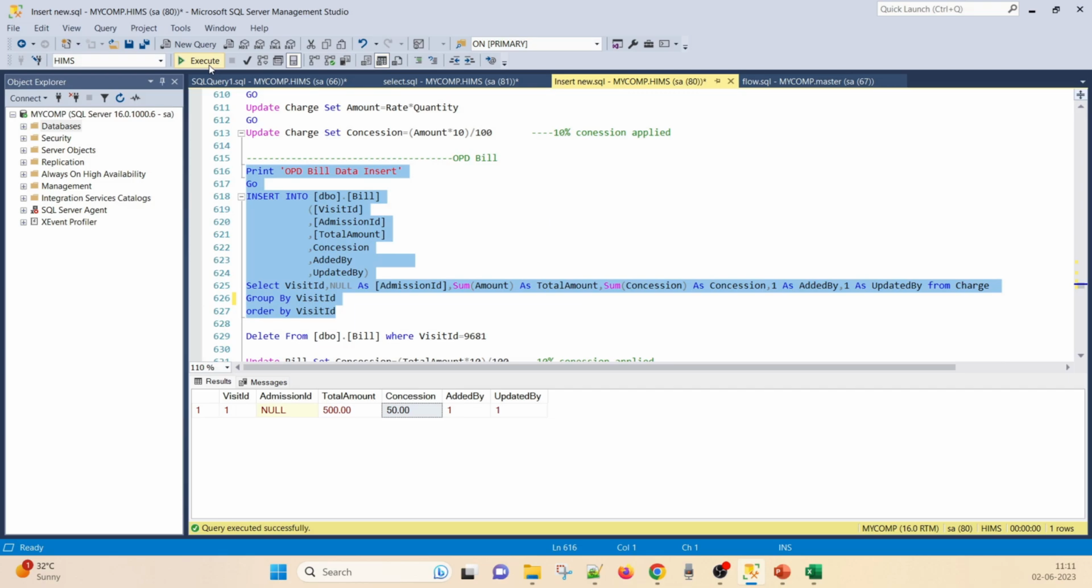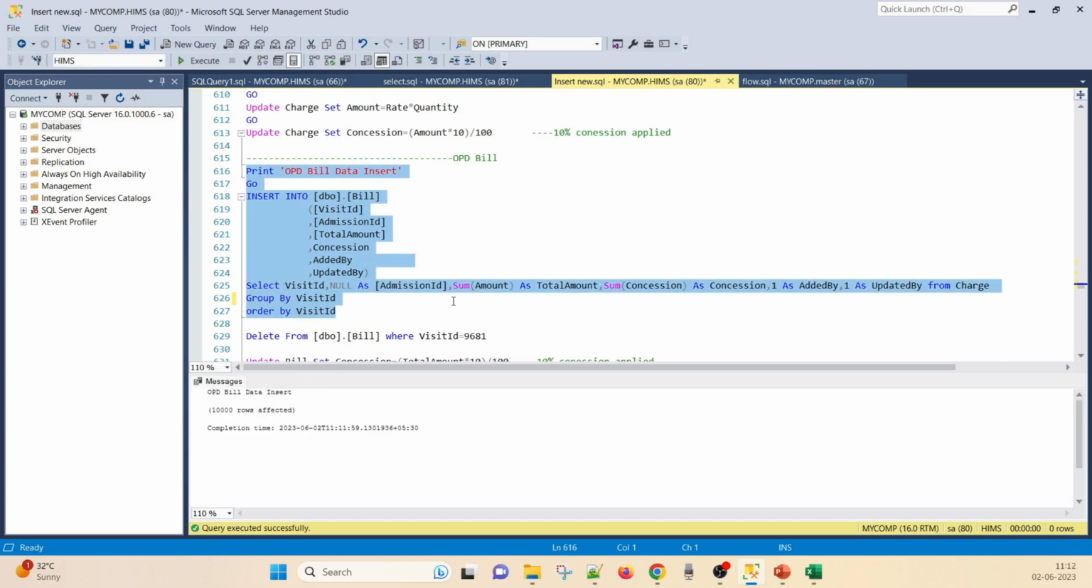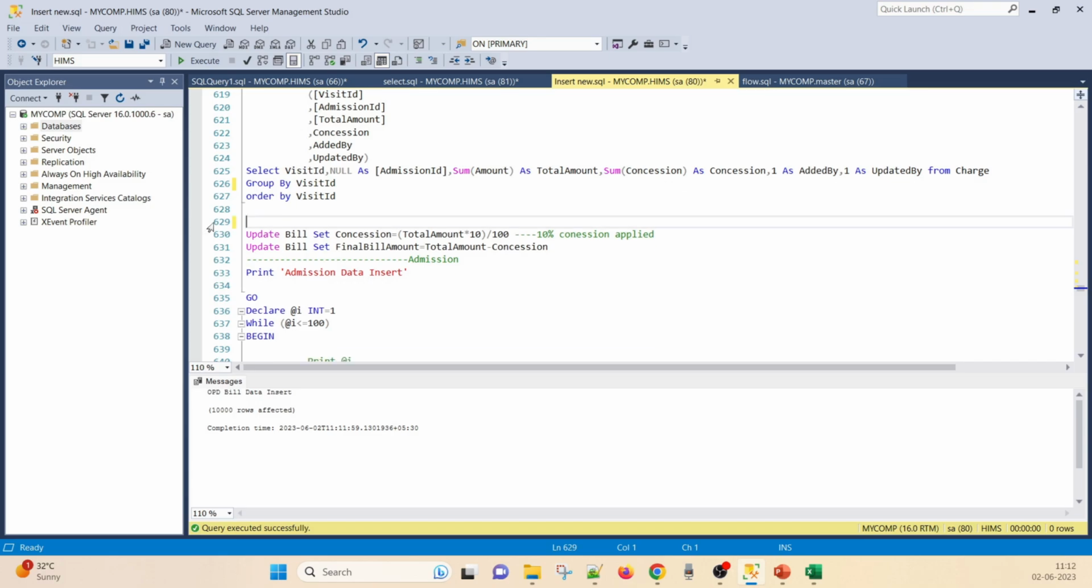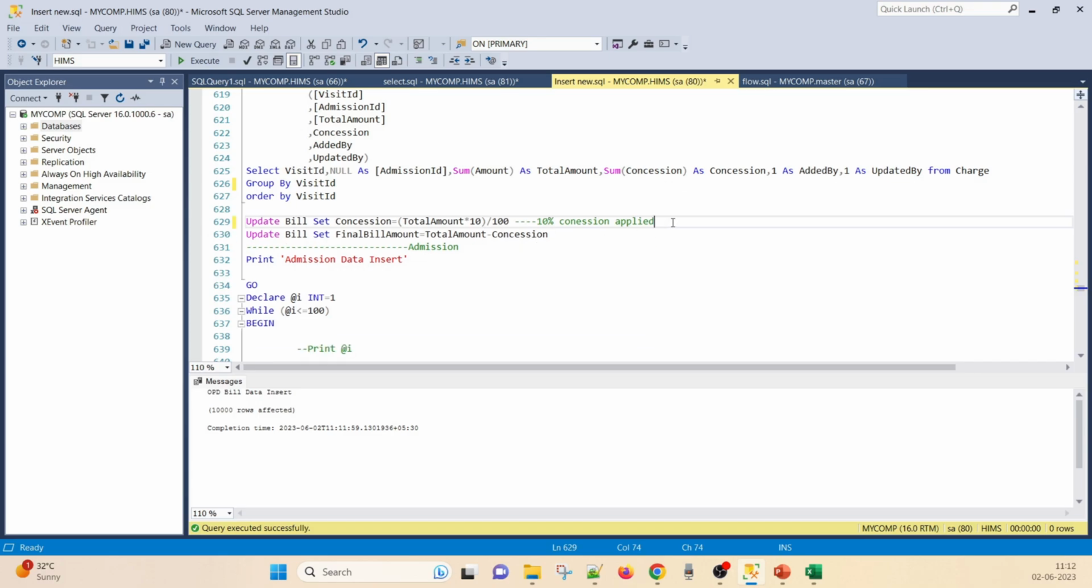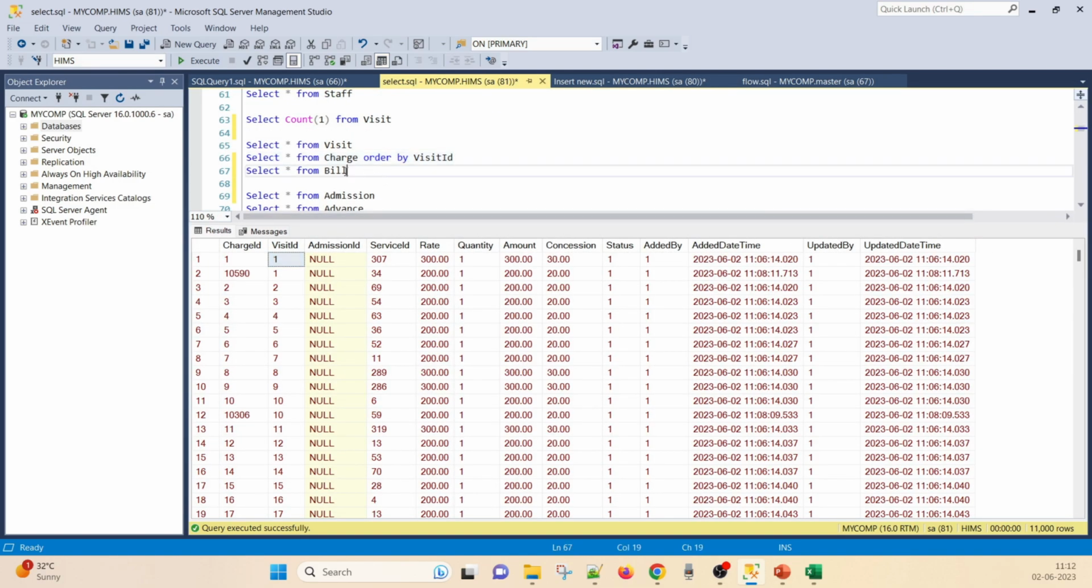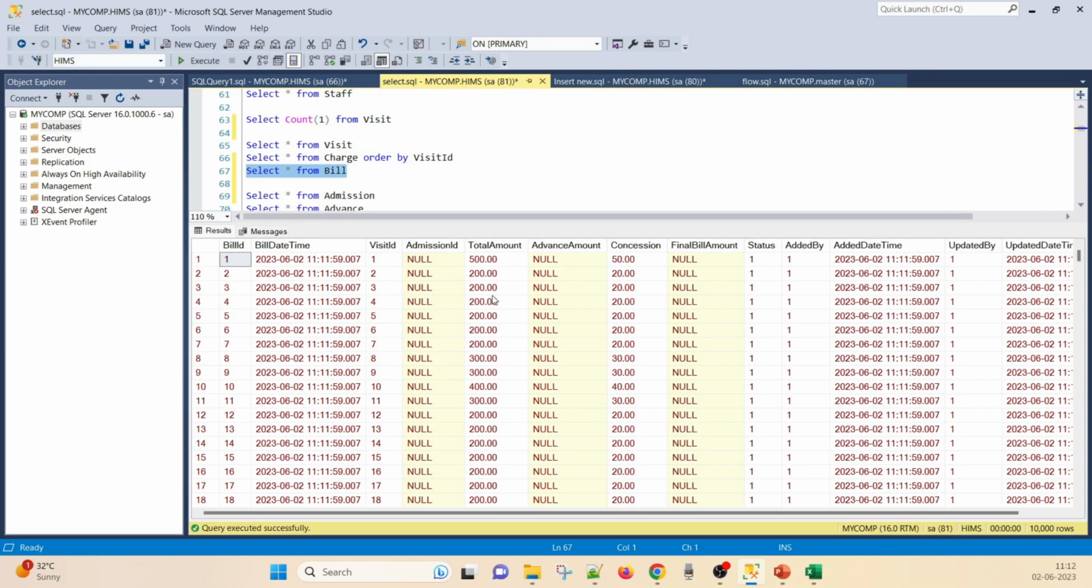I'm inserting this data. Yeah, 10k records are inserted. Actually, there was no need to, I just did it for my checking purpose. And yeah, let's say the bill table. In the bill table you will get 10k records. Obviously there is a visit id, then the bill date and time, then there is a total